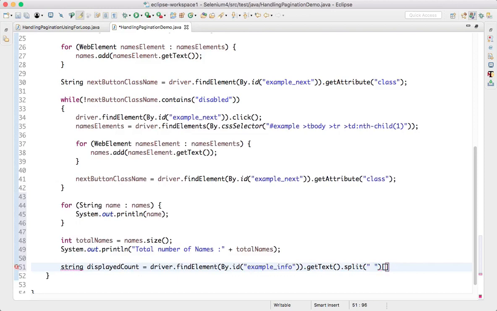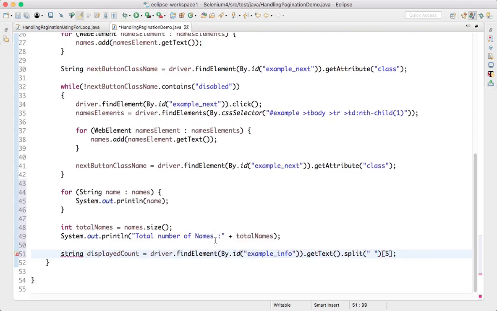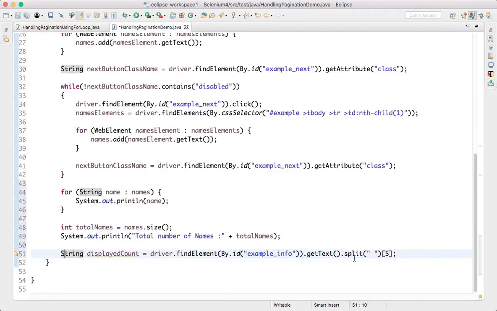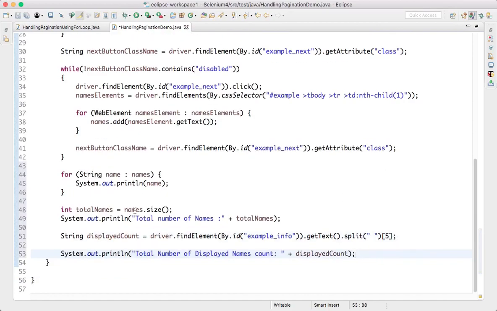Once you do that, I need to find the 5th index of that. Now I got 57. Right, once I get the 57, I am printing that. So I'll just copy paste this. I'm just printing the displayed count. Here I'm printing the size of all the names. Here I'm printing whatever I captured from the web page, 57, the displayed count.